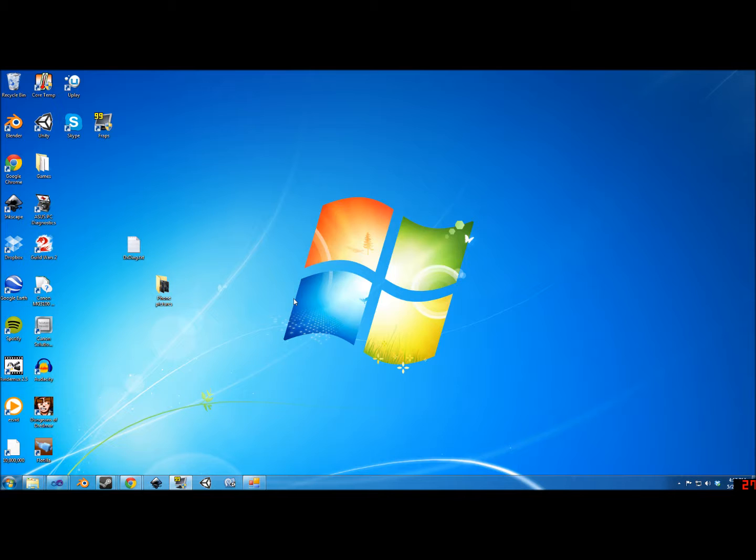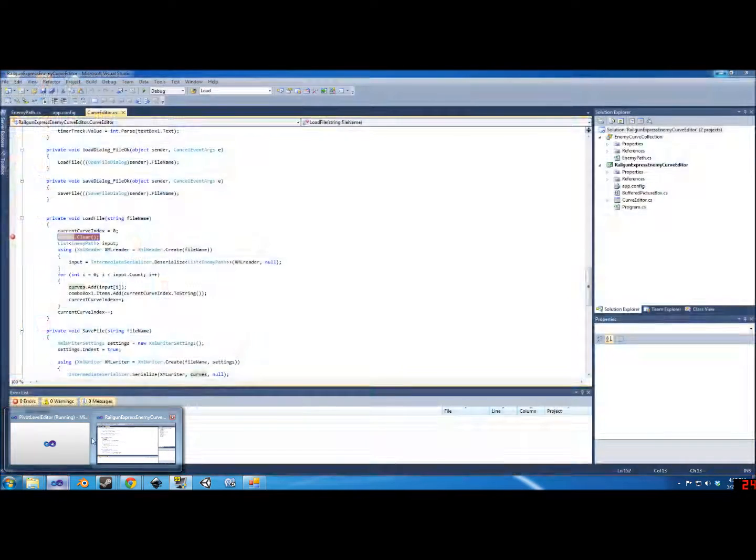I just thought that since I don't really have much to show in the way of gameplay lately, I'd show what we have been working on, which is the tools for making the game. So,